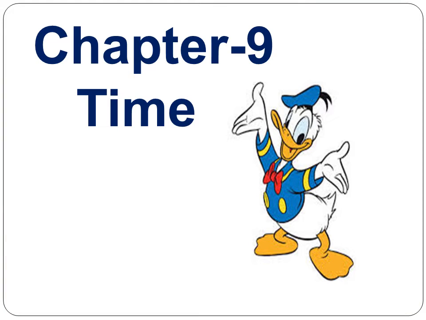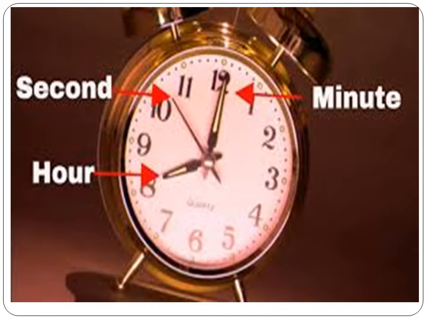Today, let's start with a fresh chapter. It is chapter 9, time. Okay, tell me children, how do you read the time? We find out the time by seeing a clock or wristwatch. Yes, or through gadgets. Why do you need to know the time? We need to know the time to do our day-to-day activities at the correct time. Is it? Yes. Yes, children.